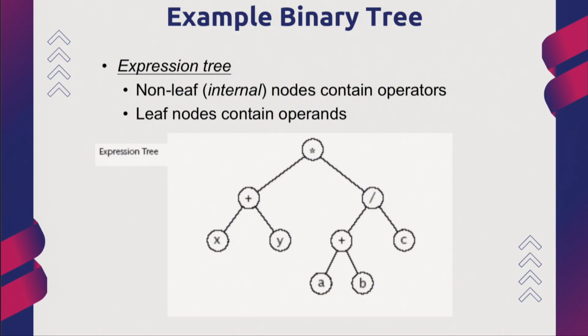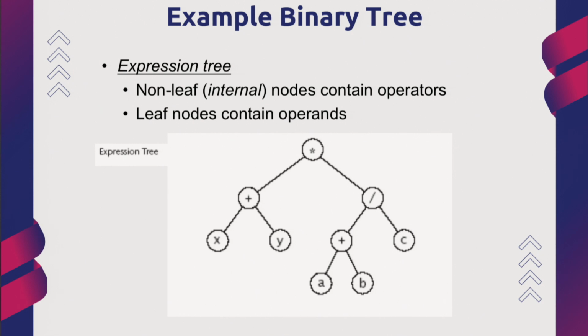So, in order to evaluate this expression we should go from bottom to top. Here the leaf nodes at the bottommost level are A and B. We will first do A plus B, and followed by that the result of A plus B is fed as operand to the slash operator, and this result and C make up operands for slash, and the result gets